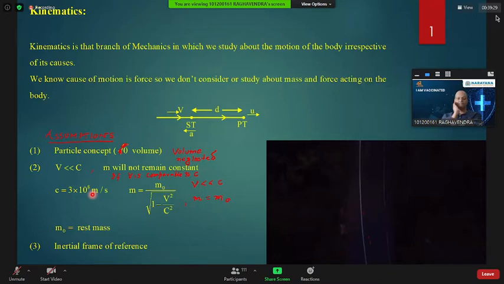Sir, when we move at the speed of light, will our mass become infinity or our weight become infinity, sir? Your mass will be infinite, beta. Your mass will fully convert into energy, E equals mc squared. Okay, so that's what I had a doubt about, sir. Was it mass or weight, sir? There is no question of weight, beta, because the laws of physics fail in the gravitational field. The laws of physics fail at two places, beta: black hole and dark matter.